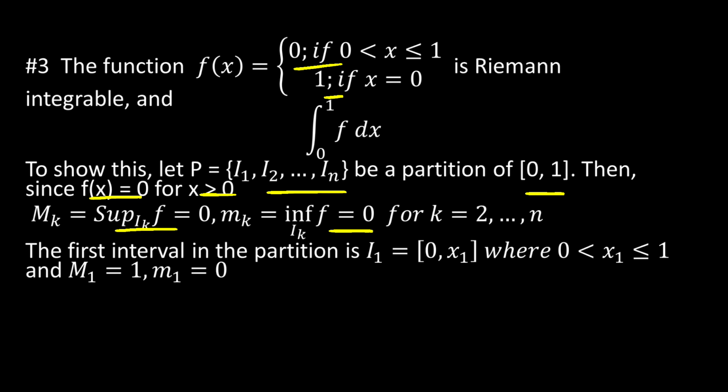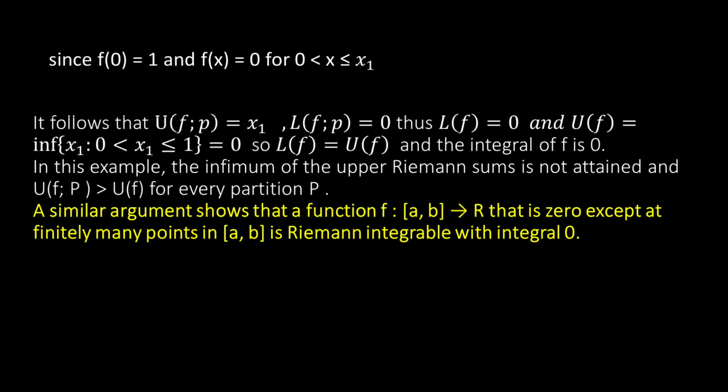Then for the first interval in the partition, the supremum is 1, but the infimum is 0. So this implies that the upper Riemann sum is equal to that, and the lower is this,